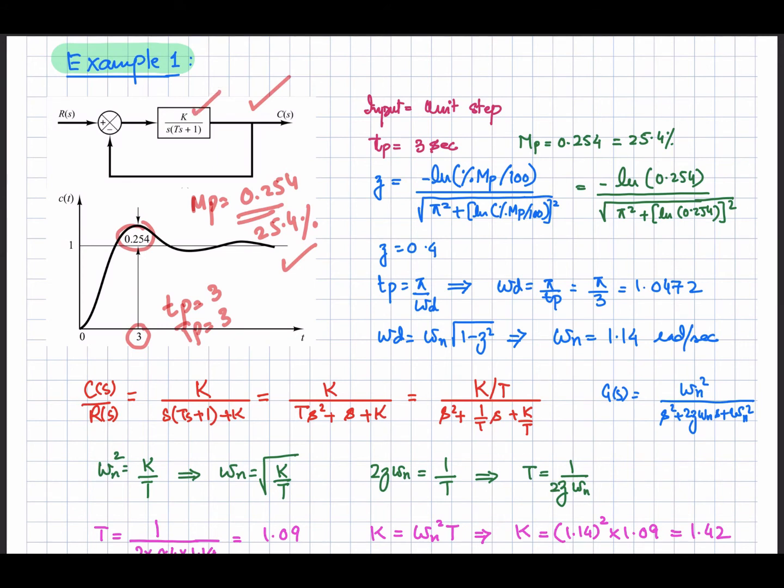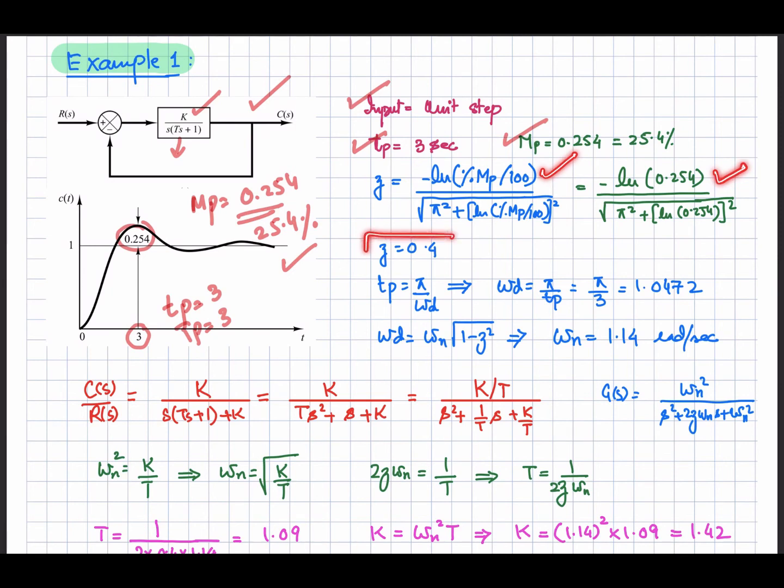First of all, we will be looking for this K, what is this K and what is this T in your system, and then we will look for the other time domain specifications. So input is the unit step, the peak time is known, that is 3 seconds, and overshoot is known. First of all, we can determine the damping factor zeta for which that peak will be there. We derived this expression in the earlier videos, so using that one, we can find out the zeta.